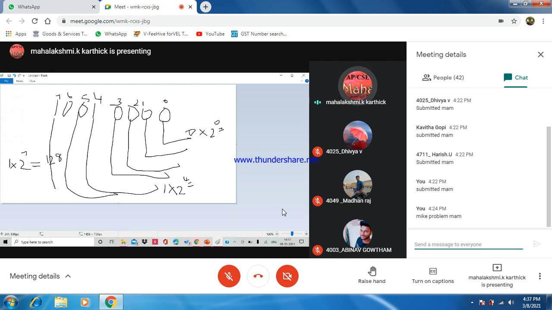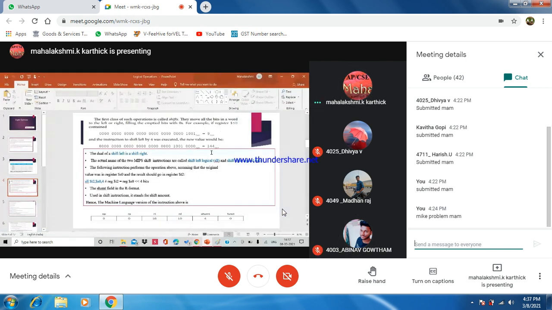What is the value of 2 to the power 4? Actually, this should have been done here. Okay, I think you will understand. Here it is 128, so you are adding 128. What is 2 to the power 4? Tell the answer. 16. So what is the output? The total is 144. So you got the answer like this. Like this only you have to find the decimal number. Any doubt with this information? So for any shift operation, either left by 4 or right by 4, the concept is the same.